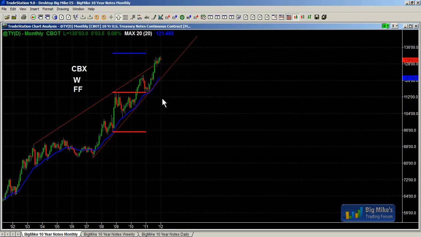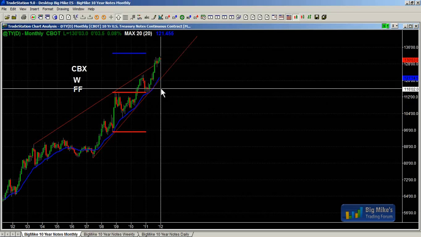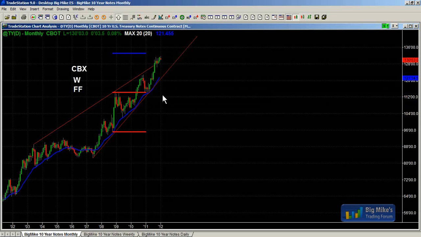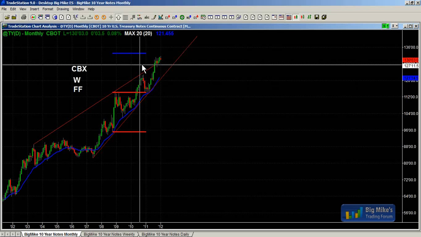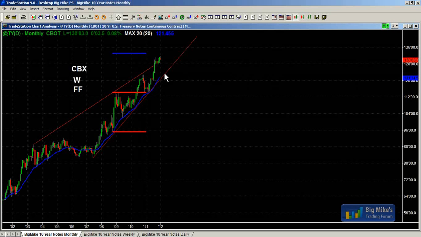If the market fails a couple of times breaking out of the top of a bull wedge or a bull channel, it usually then has to test the bottom of the channel. So let's say this month, January, ends up as a bear reversal bar. It would be a second entry short signal, and the first target would be the nearest support level, which probably will end up being the moving average, possibly this high back here in 2010. And then the next target would be the trend line.